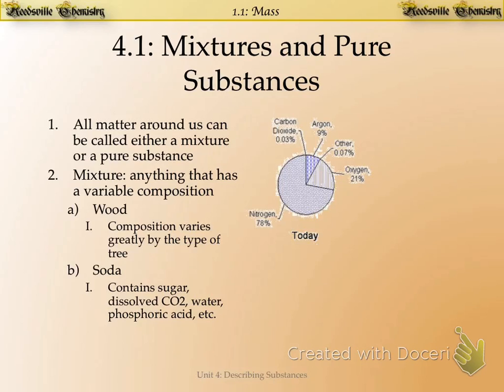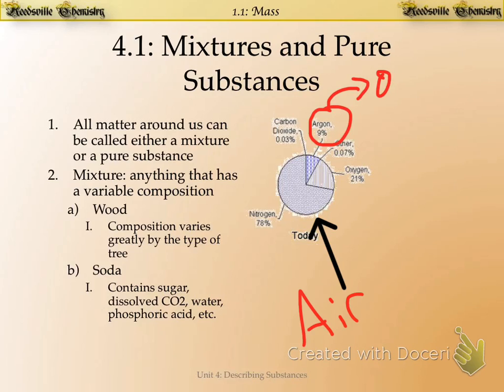Air is a good example of something that's a mixture. We can look at the air today, and we notice that 78% of the air is nitrogen, and about 21% is oxygen, the actual stuff that we breathe. We have about 0.03% carbon dioxide. Carbon dioxide is CO2, our main greenhouse gas contributor. We don't want that number to go up too much. Argon accounts for about 9%, a very inert gas, something that doesn't react a whole lot. Actually, that should be 0.09%. If it were 9%, the world would be hurting. 0.09%, sorry about that, everybody. And then other gases comprise about 0.07%.